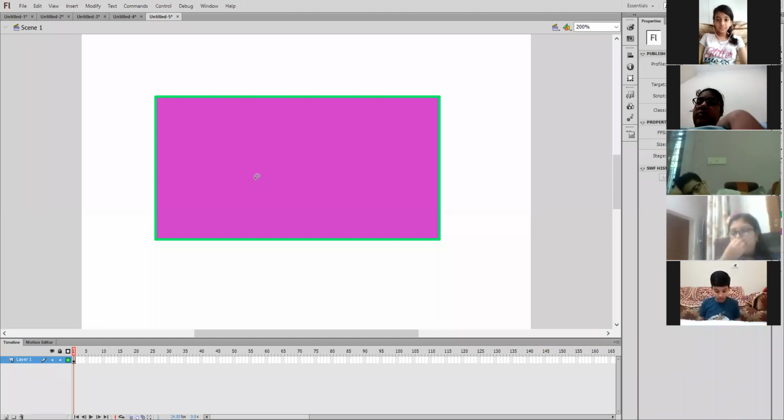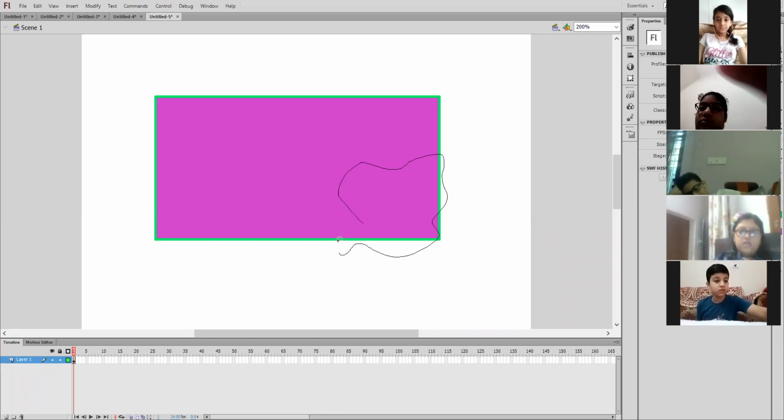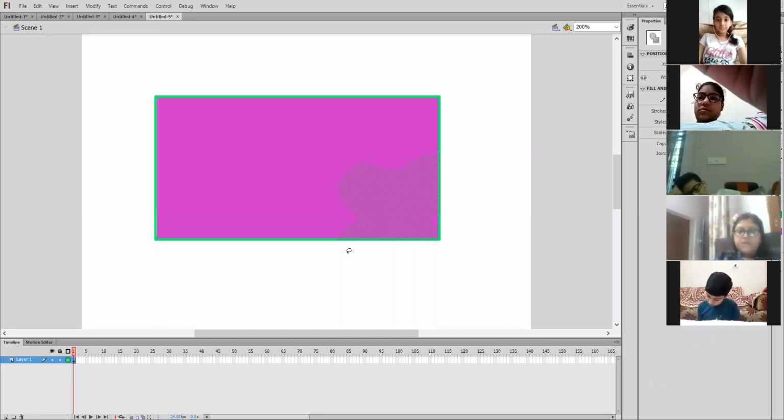Now I have to draw an irregular shape on the selected object. I will draw whatever shape you find convenient. You can draw according to your own choice. Now you can see this part of the shape has been selected.